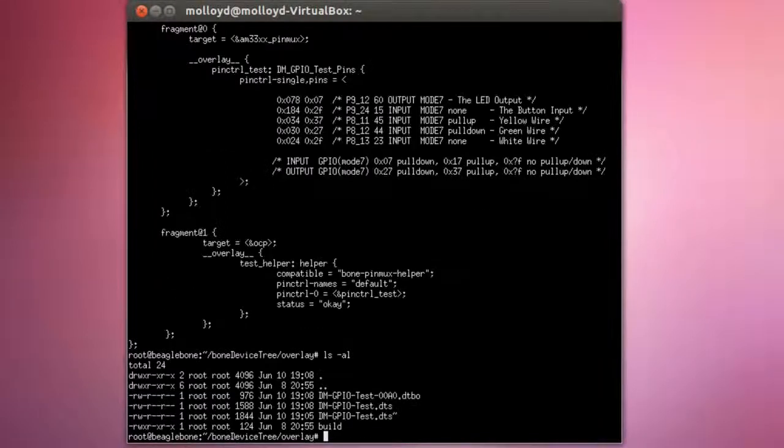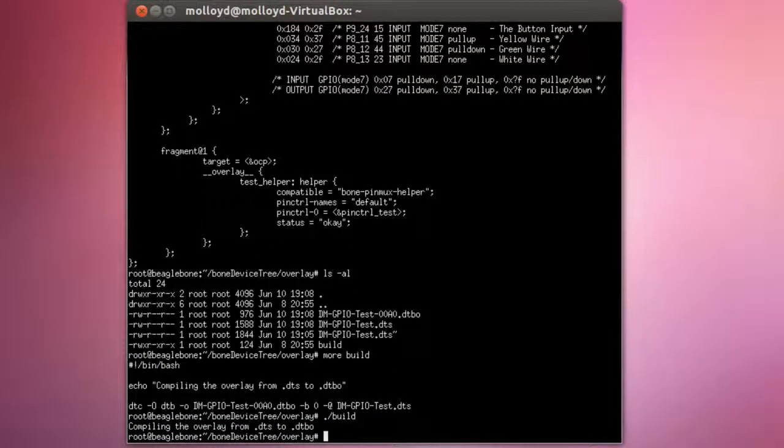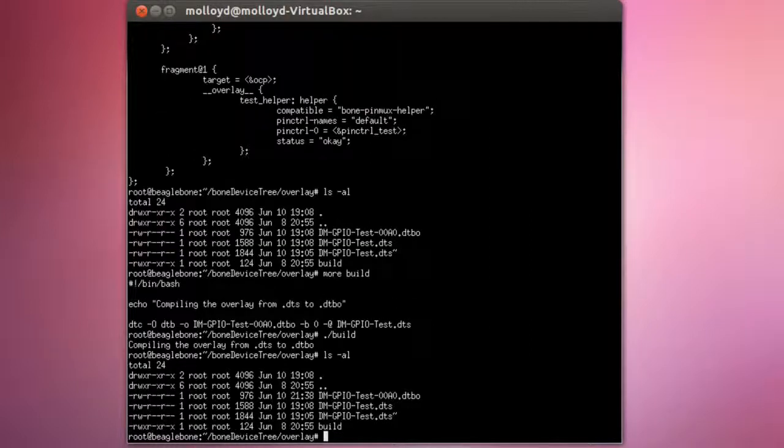To make life easy, I've built a build script here, so more build, just so you can see. Slightly unusual notation, because you're calling the device tree compiler. The output format is DTB, one of these binary blobs. -O is the output file name, and the very last value you pass in is actually the source, which is the source file that we just viewed a second ago. So to compile this, we can just do ./build, and we end up with a file in our directory called